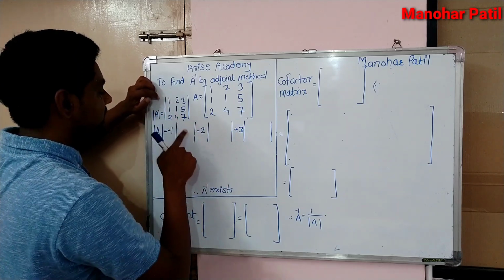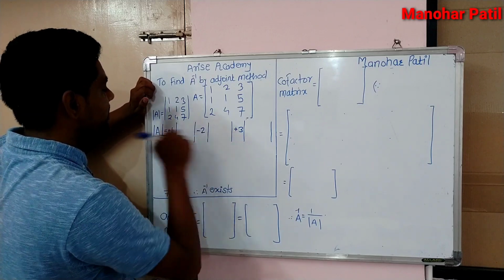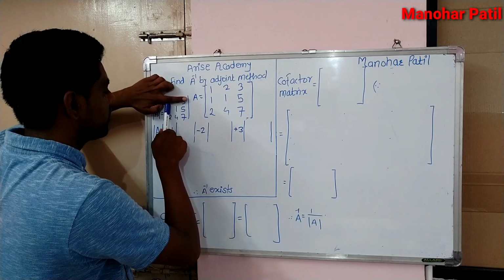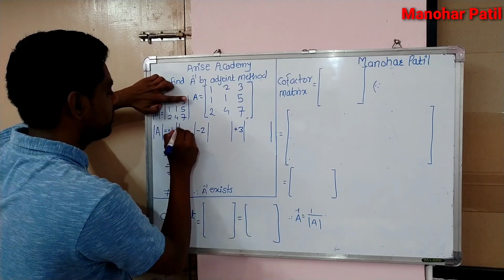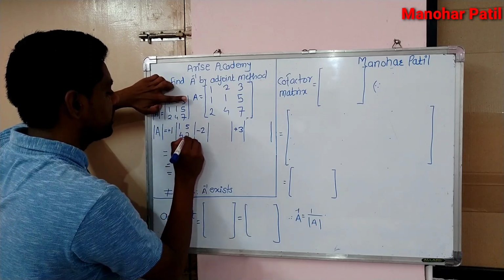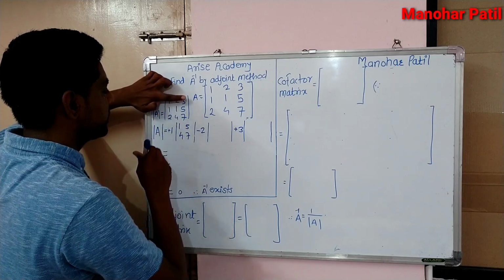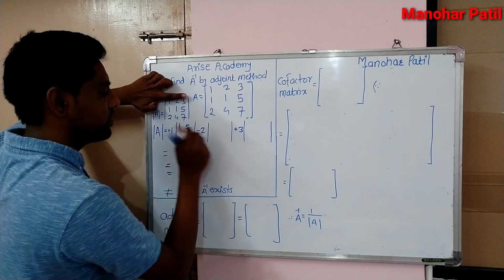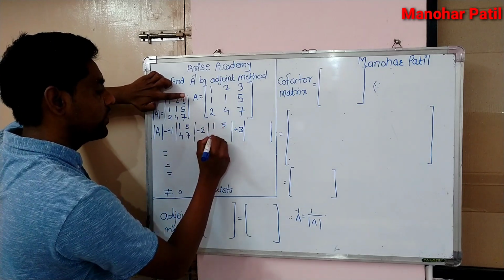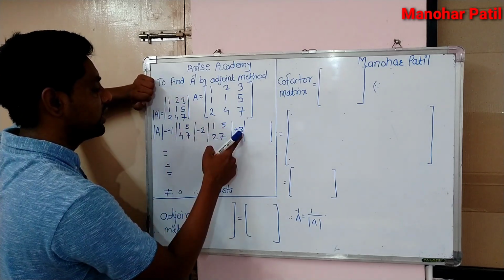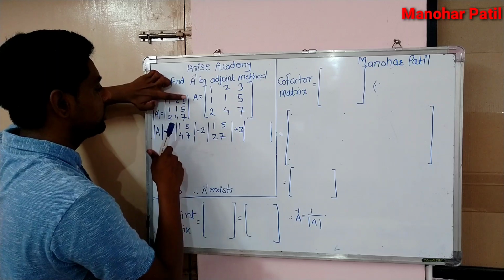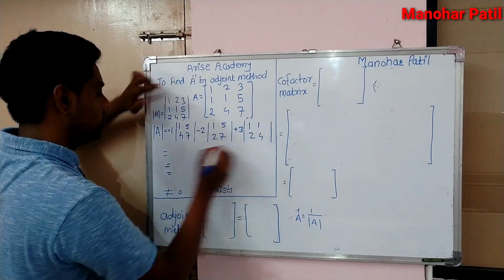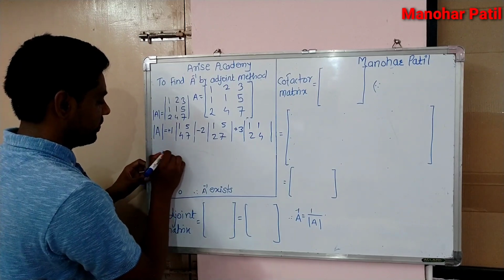So you have to find the minor of each element. The minor of the first element, present in the first row, first column: take the remaining elements 1, 5, 4, 7. The second element, present in the first row, second column: take the remaining elements 1, 5, 2, 7. And the third element, present in the first row, third column: the remaining elements are 1, 1, 2, 4. Therefore